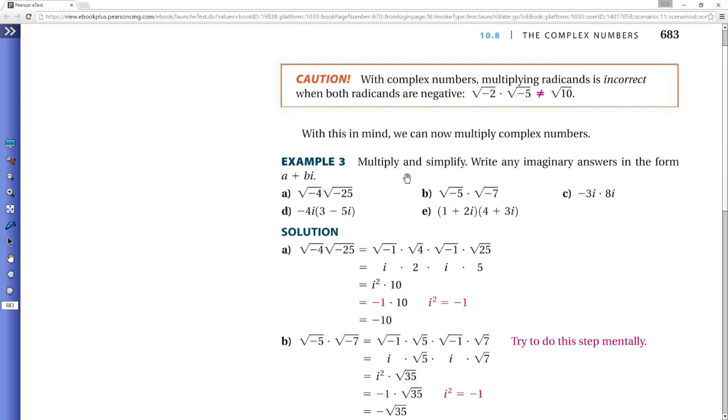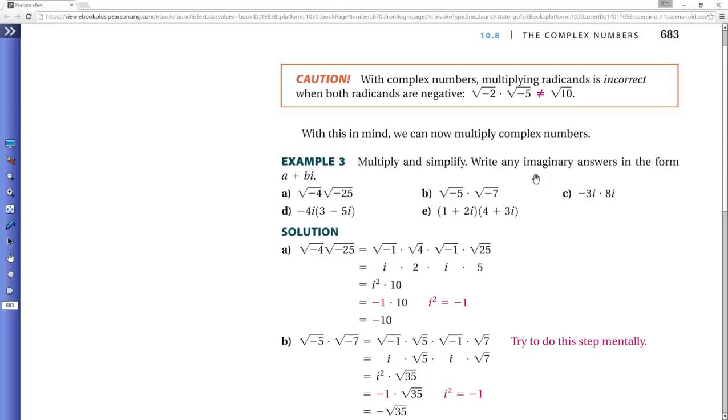Because, well, we could go back to the definition and show that for us to have a square root of a negative, we end up with an addition occurring in there, which doesn't allow us to just go straight to multiplication. In reality, there's this a plus bi occurring in here, and they want us to write it in that form. Okay. Well, the square root of negative 4 times the square root of negative 5, well, that would